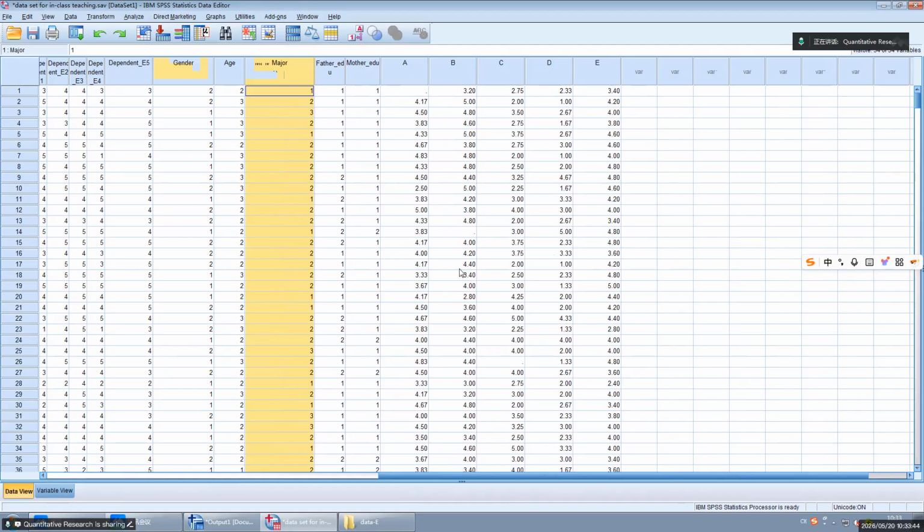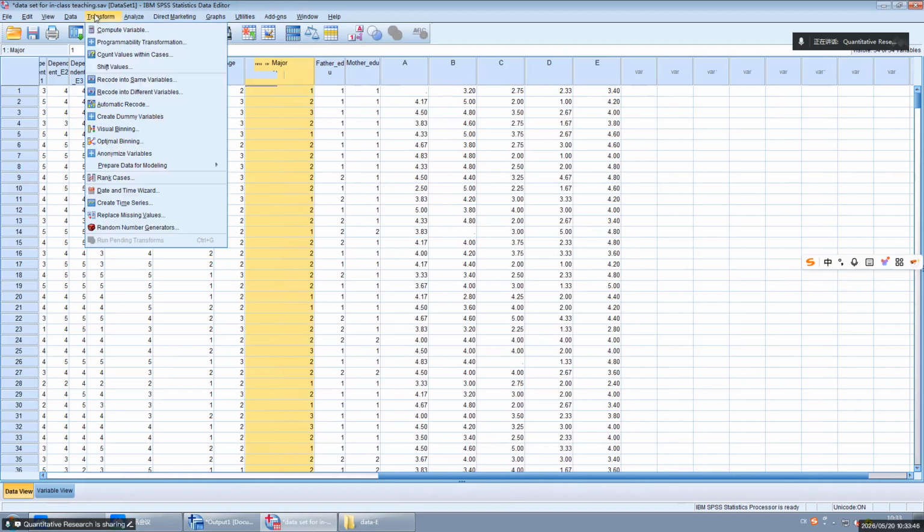Now I show you how. You go to transform, then you can see recode into different variables.